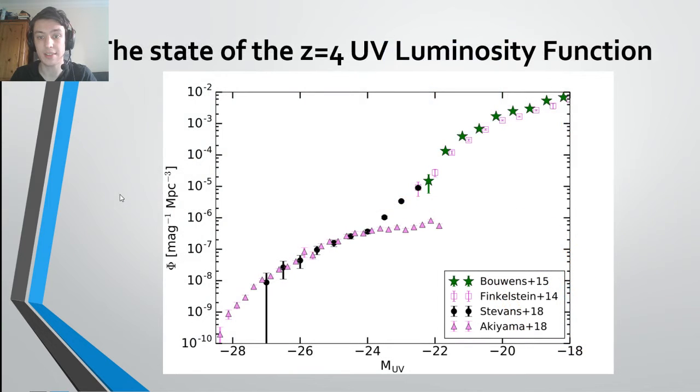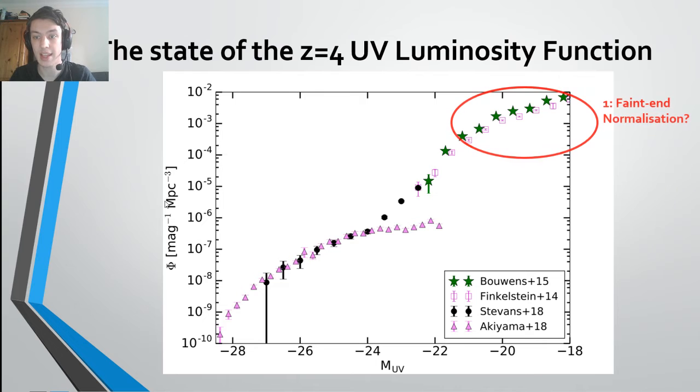And so as of the end of 2018, this is roughly what the luminosity function looked like, with AGN here at the lower left corner and Lyman break galaxies in the upper right corner. Just looking quickly at this, some questions can be immediately raised, examples being what is going on with the normalization at the faint end of the galaxies,